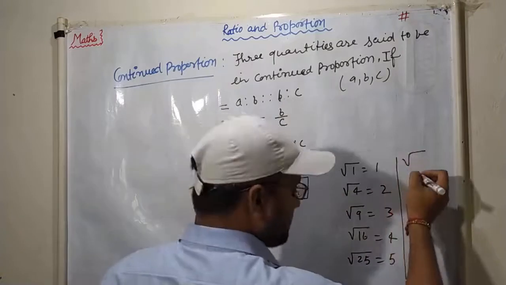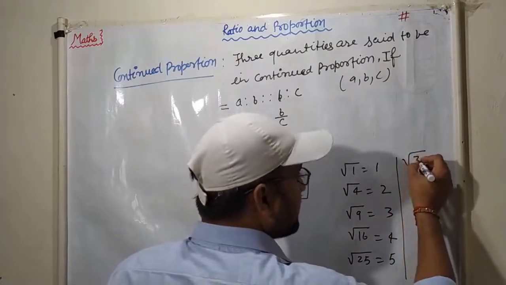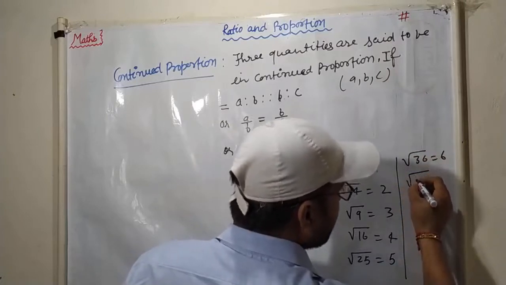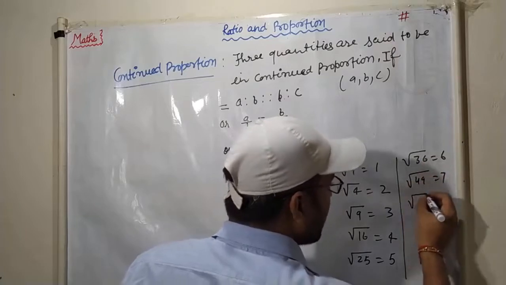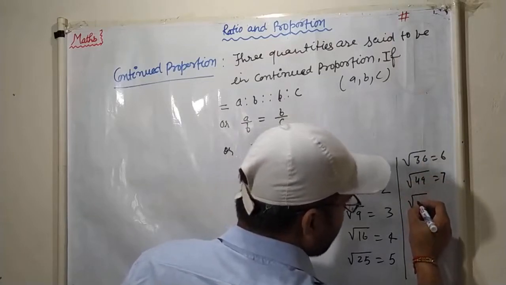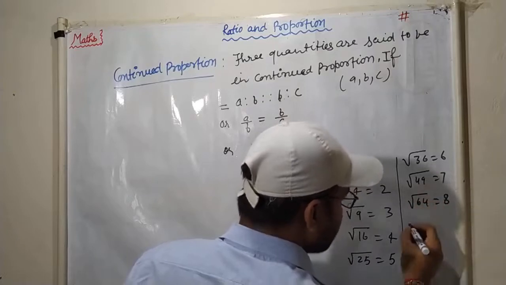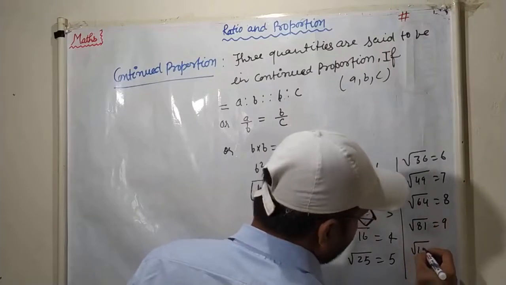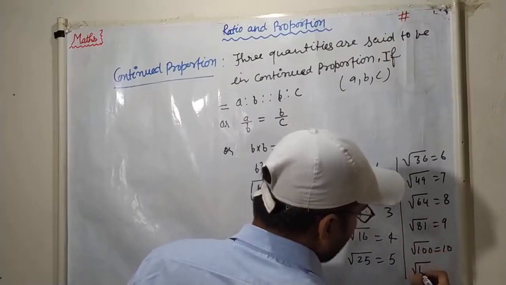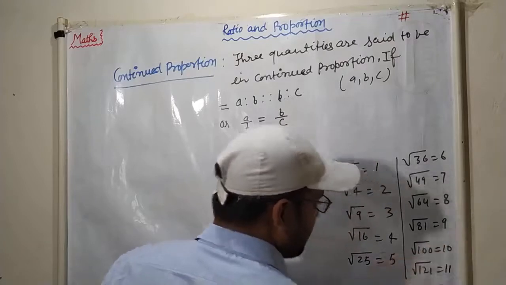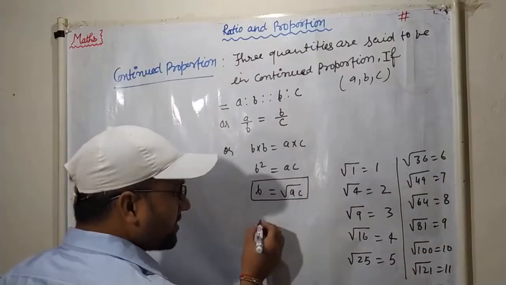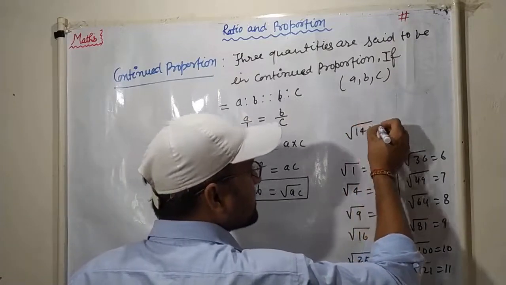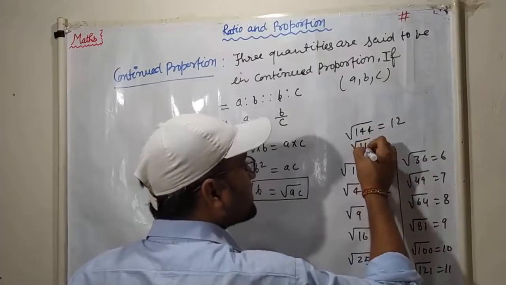Square root of 36 is 6, square root of 49 is 7, square root of 64 is 8, square root of 81 is 9, square root of 100 is 10, square root of 121 is 11, and, very important, square root of 144 is 12, square root of 169 is